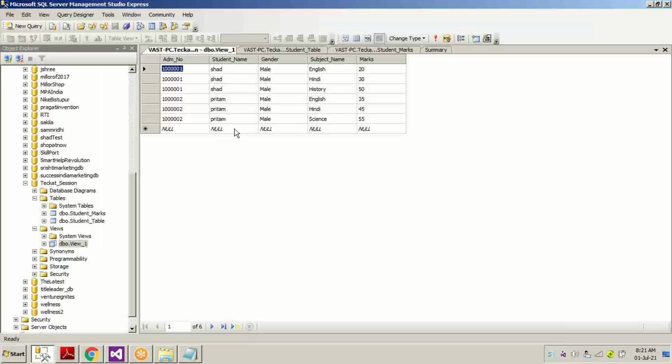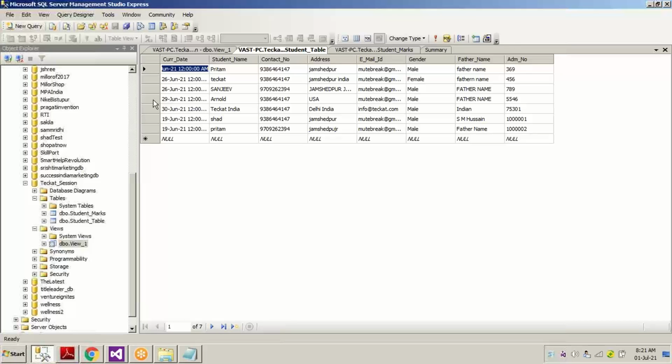Because the subject's name related to Arnold is not mentioned inside this particular view, as we haven't mentioned any subject's name for this particular admission number.